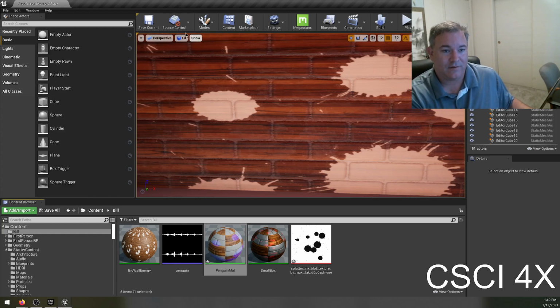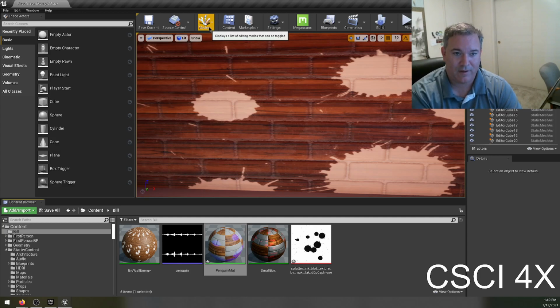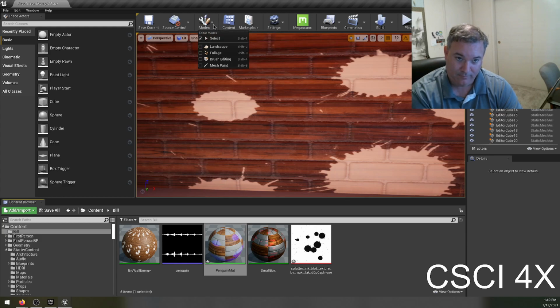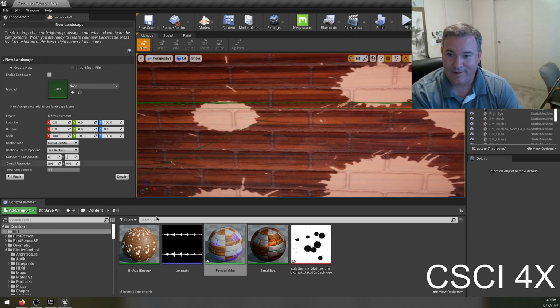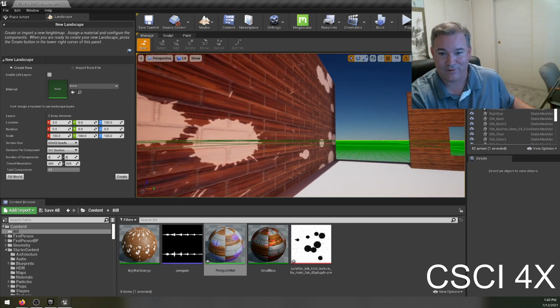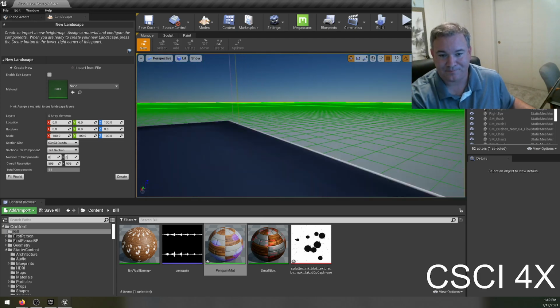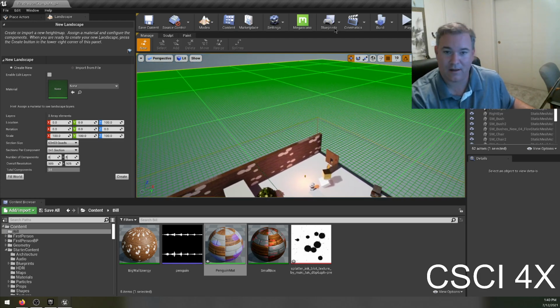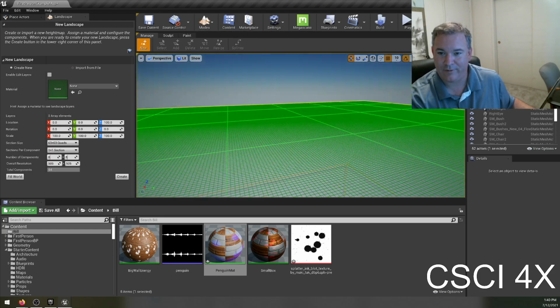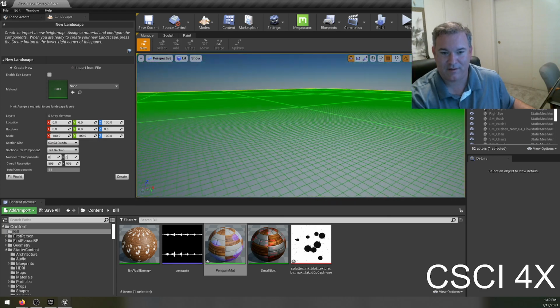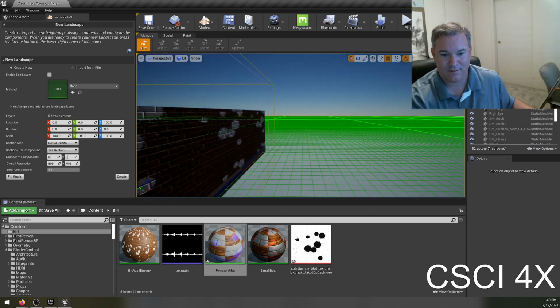So let's talk about landscaping. Do you guys all see the button here for modes? We have been playing around in select mode. We are going to now do landscape mode, and I know Aaron knows what I'm talking about here. He's been messing around in landscapes already. If you click on modes and click on landscape mode, it will put you into landscape mode,